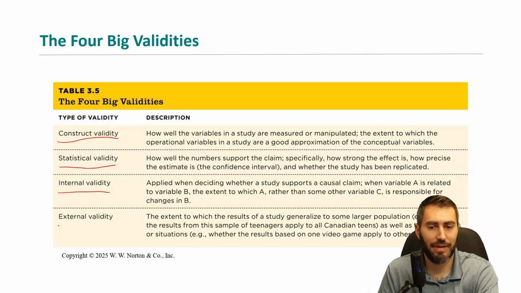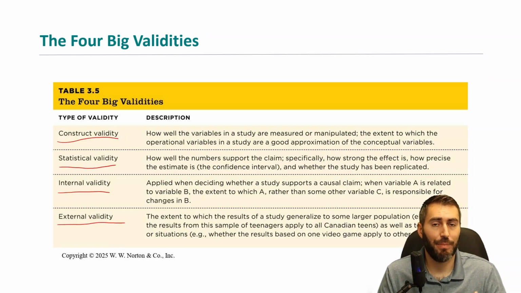And then lastly, we have external validity. External validity is really the idea that whatever we measure in our study, whatever we measure in our data, how well does that translate to the outside world, to the larger population? So whenever we talk about measuring